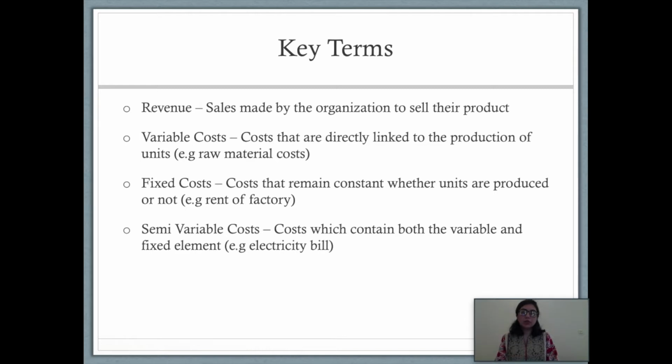And we come to semi-variable costs. Semi-variable costs are costs that have both the elements of variable costs and fixed costs. And the prime example is electricity or telephone bill. In a telephone bill, if you've ever seen your telephone bill at home, you will see that there is a fixed line rent that you have to pay, right? Whether you're calling anyone or not, it does not matter. You'll still have to pay a fixed line rent, which is the rental that is being paid to the company that you have for the telephone services.